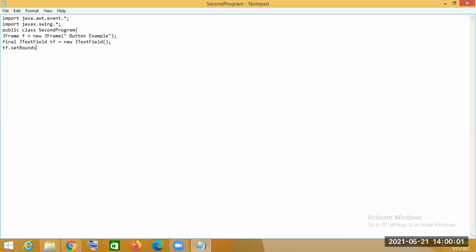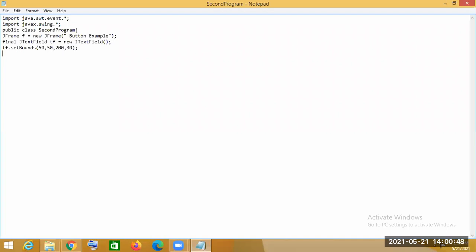Now, what should this setBounds method do? We are calling this setBounds method with the object of the text field.